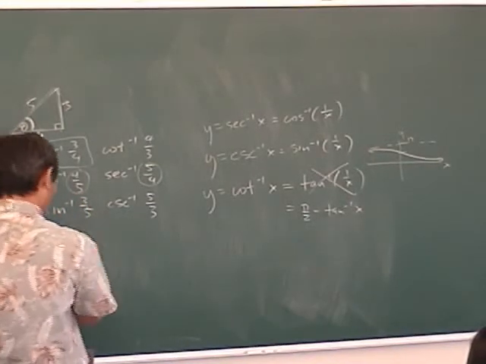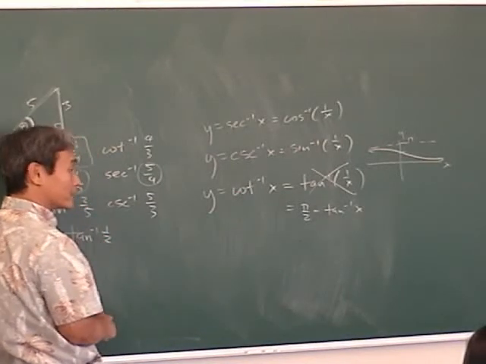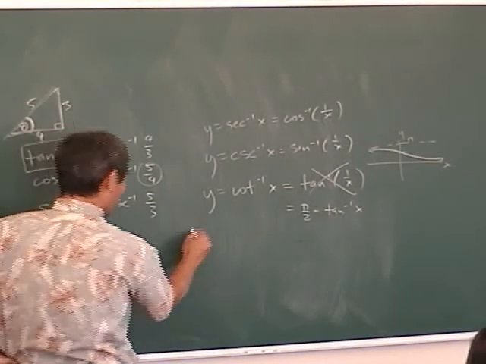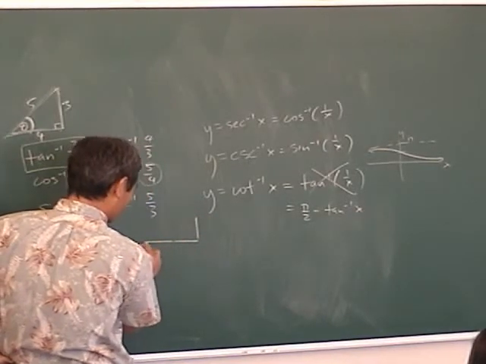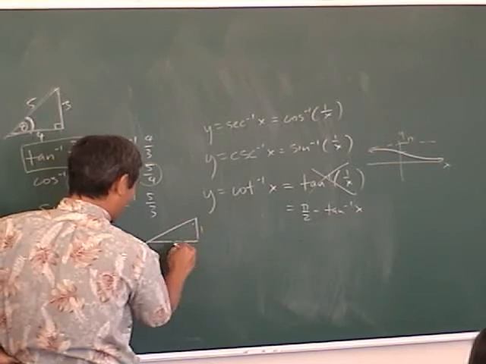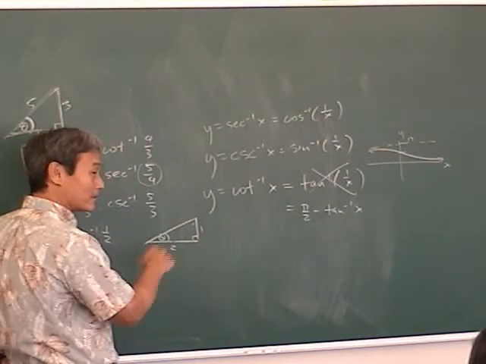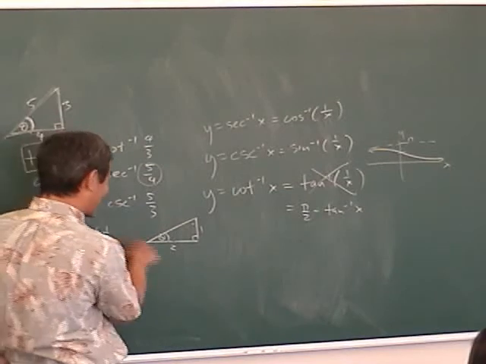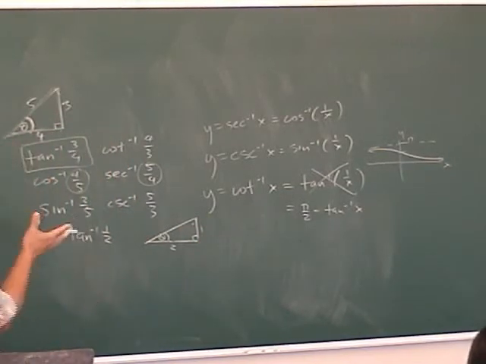Okay, so like here, tan inverse 1/2. Can you visualize what that angle is? What you do is you make this 1 and then 1, 2. You make the ratio 1 to 2. That angle is tan inverse 1/2, opposite over adjacent, because that's like slope, rise over run. So tan inverse is the best one to use because you can actually see what that angle